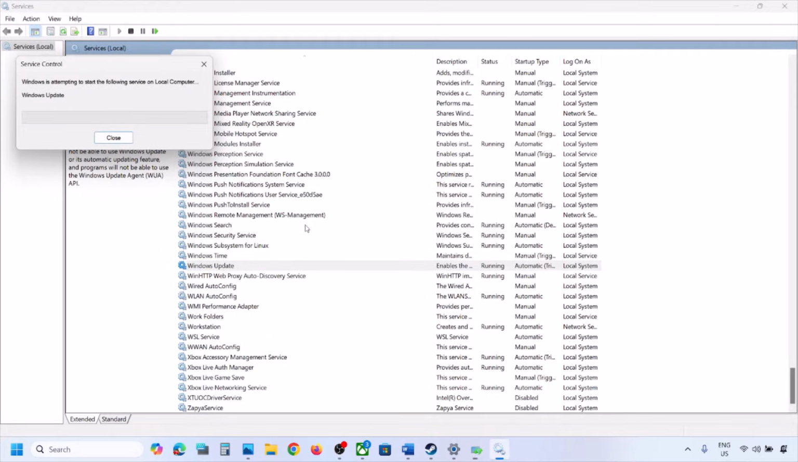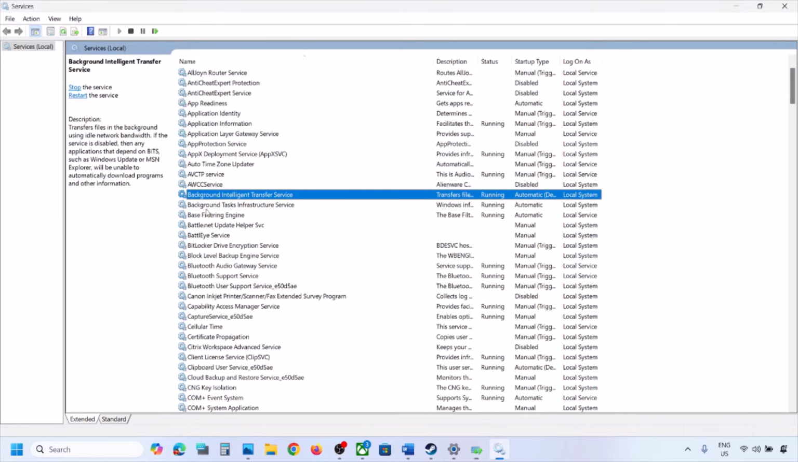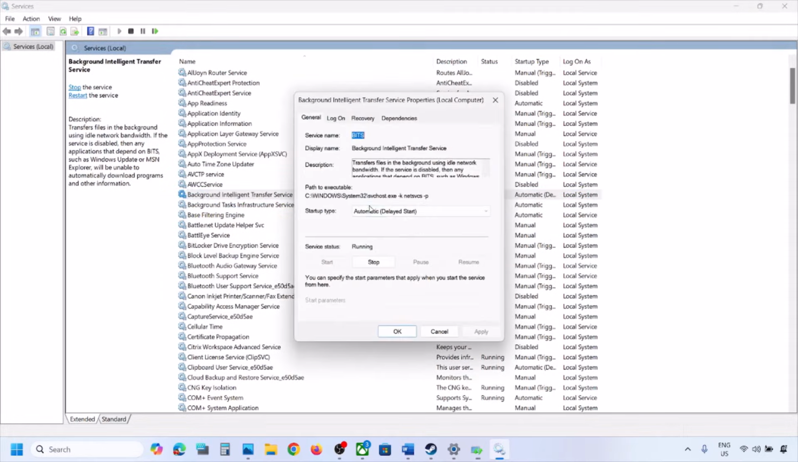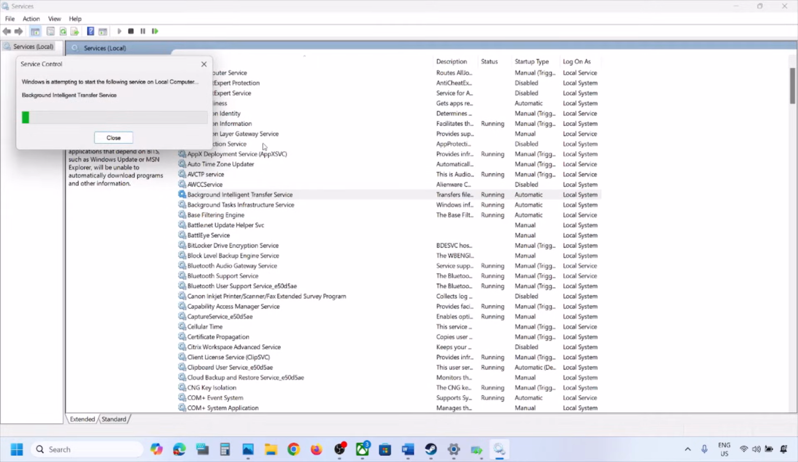Now find Background Intelligent Transfer Service. So here you can see Background Intelligent Transfer Service. Make a double click, set it to automatic, click on apply, click on start if highlighted and then click on OK. With Background Intelligent Transfer Service selected over here, click on restart. And now you can try to update your Windows 11 and then check. Still not working. The next step is to